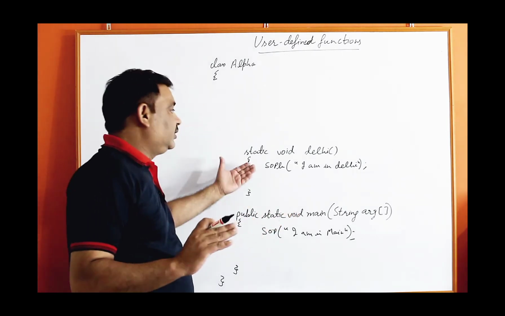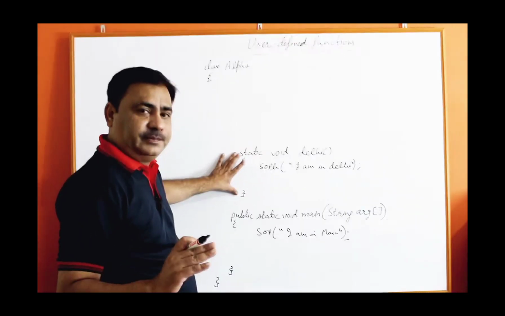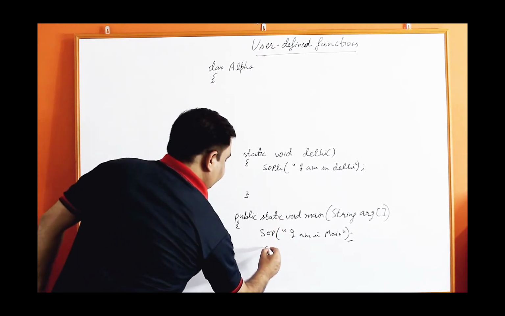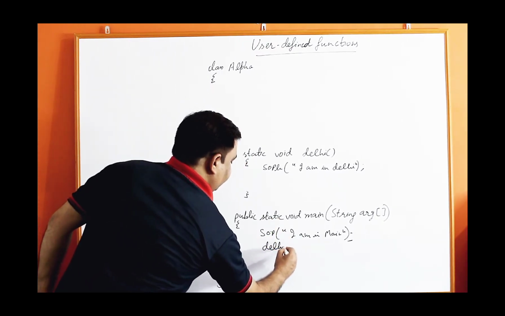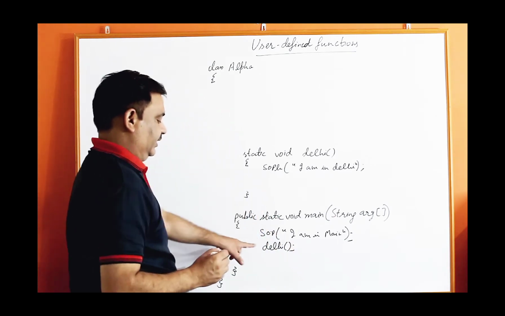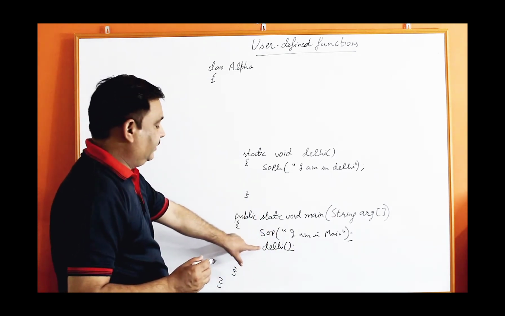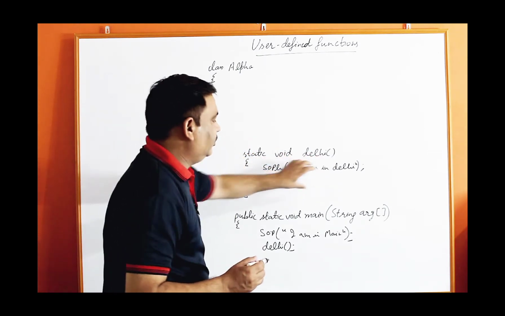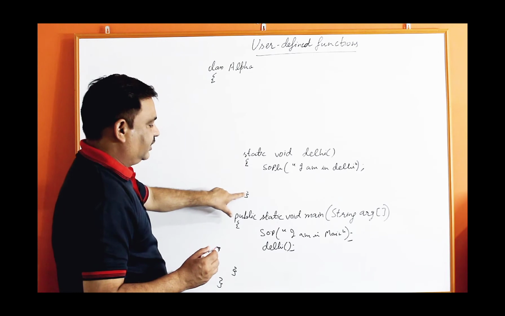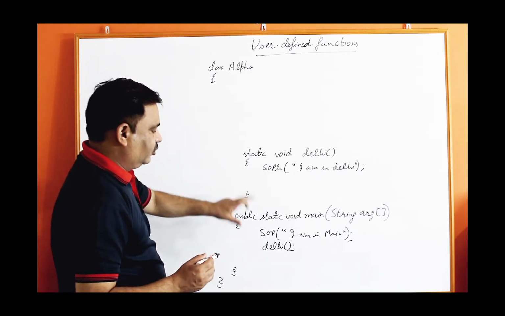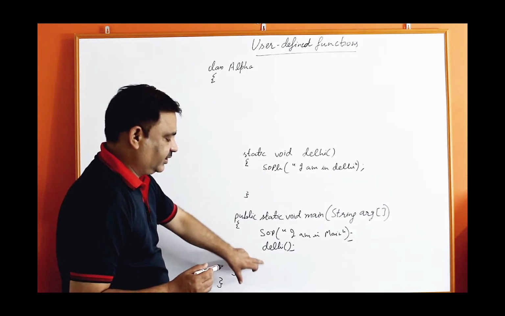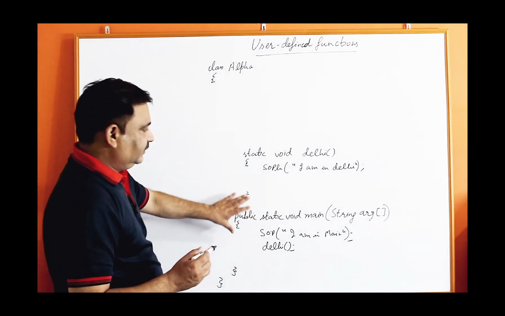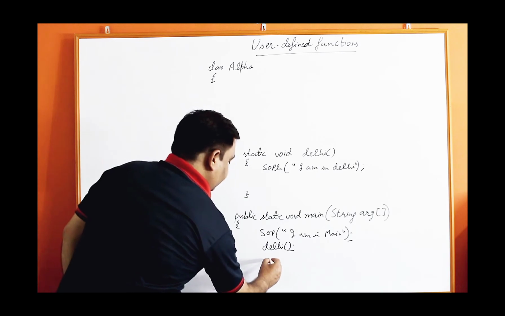Then how to execute this part, this segment of the program, this function? Just write the name of the function, Delhi. When you write this function name, control will jump from here to here and this statement will execute, and afterwards the curly bracket will execute, and control will come back to here and the next statement will execute if anyone is there. This is one function. You can call it any number of times.